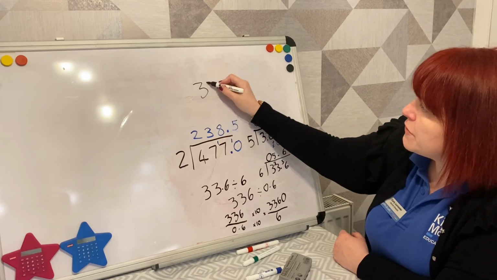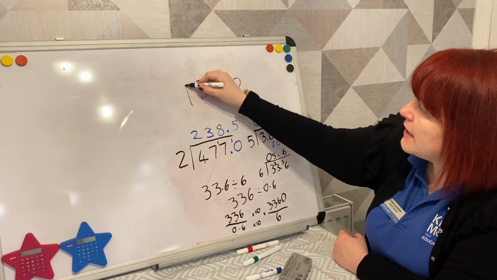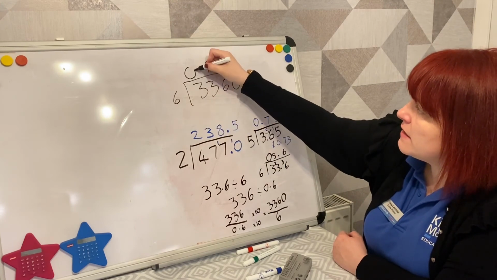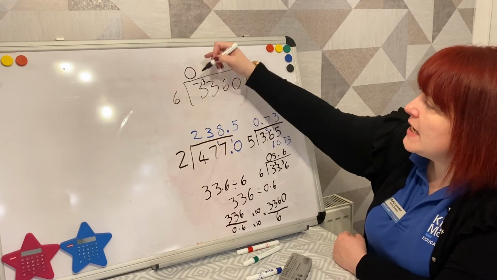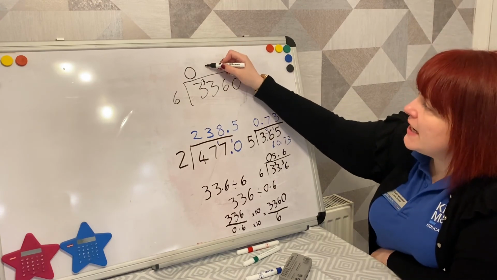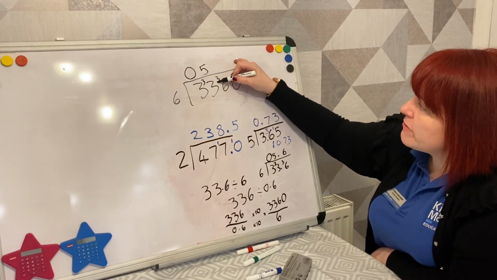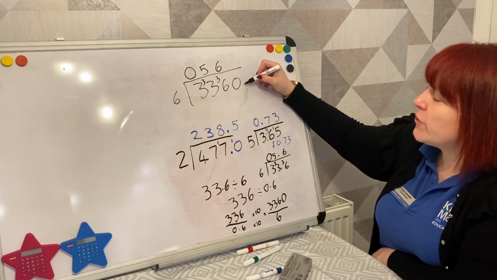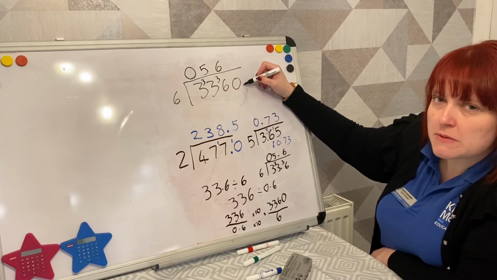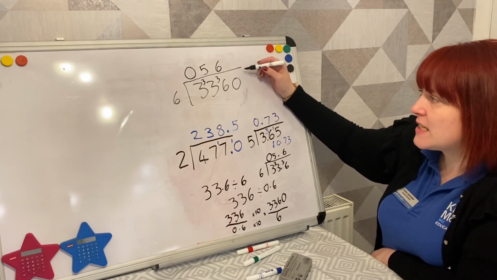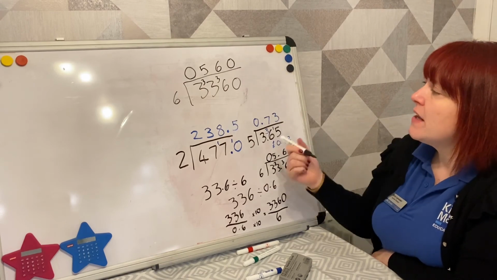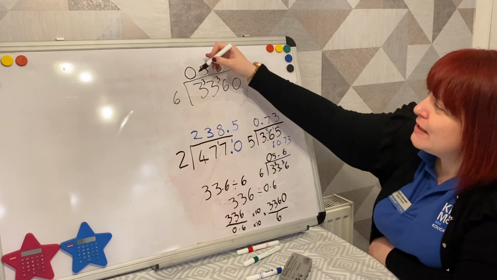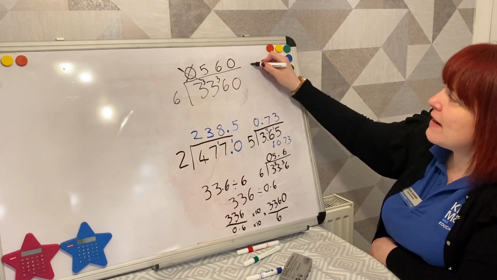So 3360 divided by 6. How many 6's go into 3? 0, carry the 3. How many 6's go into 33 is 5, remainder 3. 6 into 36 is 6. How many 6's go into 0? And this is one that sometimes trips them up, but there are no 6's in 0, so it's just 0. And another useful thing to remind them is if they get 0560, that 0 isn't worth anything, so our answer is just